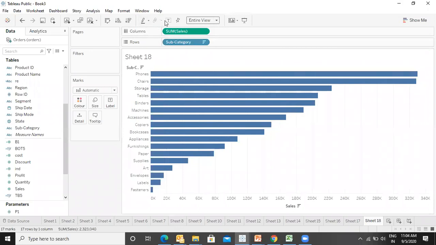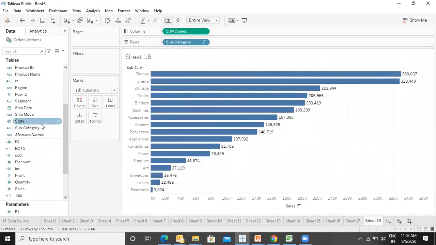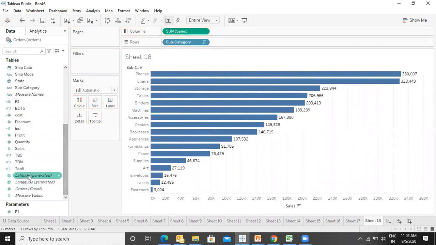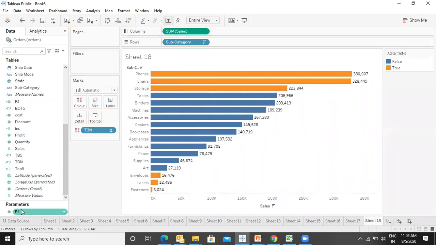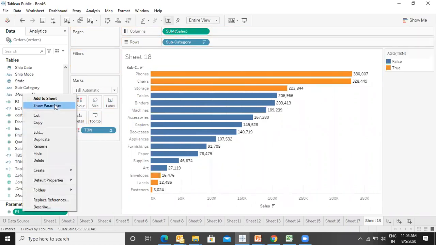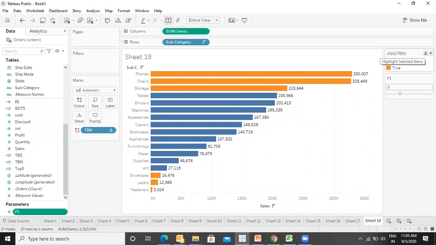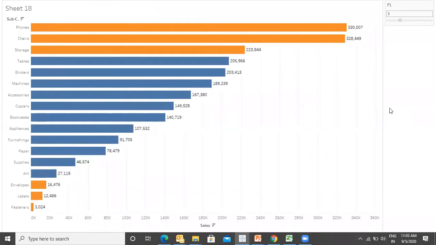Let's put the label as well. And let's put the top bottom 5 in the color. No, not top bottom 5. We will use the parameter one, that is TBN, in the color. We use the parameter control. We hide this card. F7. Here it is.